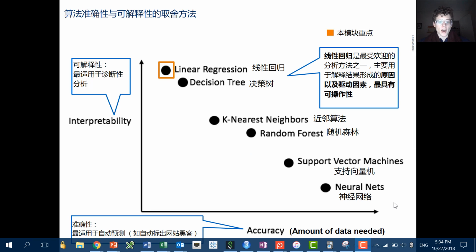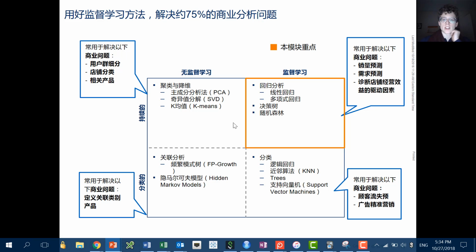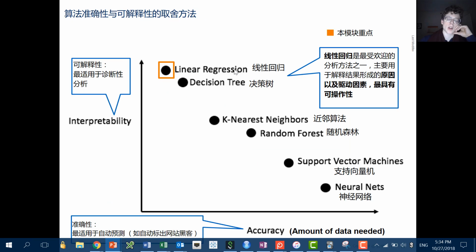So here we have another incredibly useful way of breaking down problems. We've deep dived right now into the top right corner, which is right here. So we've said, let's look at continuous supervised learning algorithms. This is one of the more common groups. That top right corner is probably that, and anything that's supervised is very commonly used. And so not all algorithms are the same, though they can all be used in different ways.